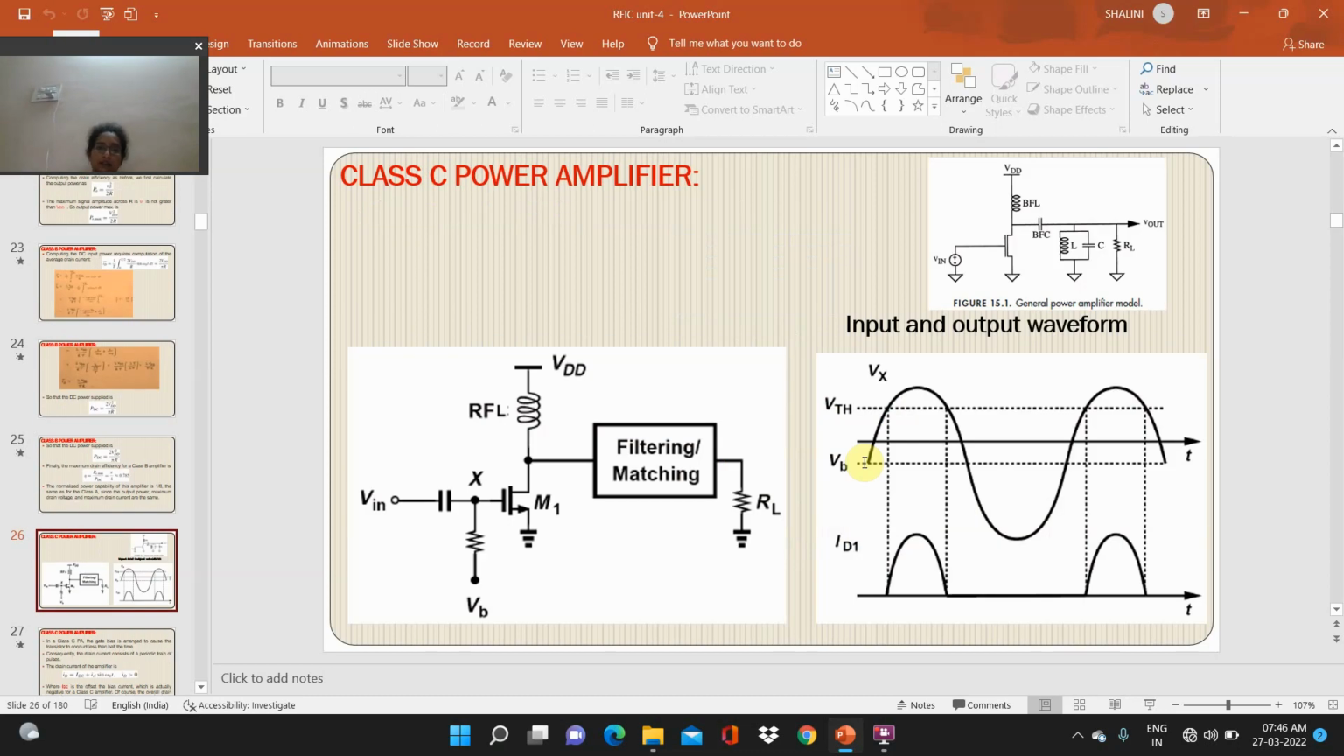Class B power amplifier. Here the circuit is shown in the figure, and input and output waveforms are also shown, and the input voltage, load resistance, biasing voltage VDD, filtering and matching network, RFL, all these values representing the circuit are also shown here. And next,